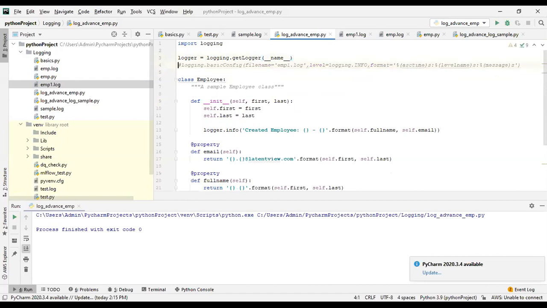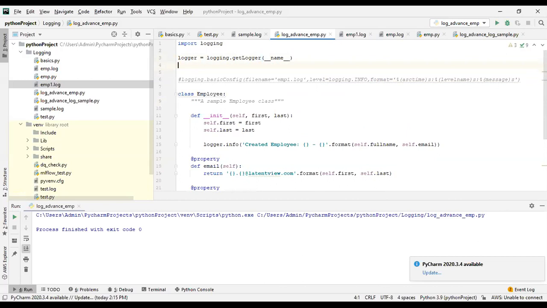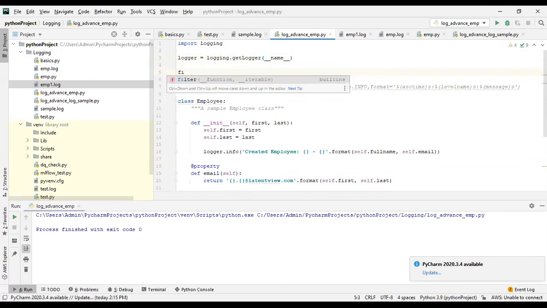I'm commenting this out, and then I'll add a file handler. A file handler is used to log the information into different files. That's why I'm adding a file handler here.